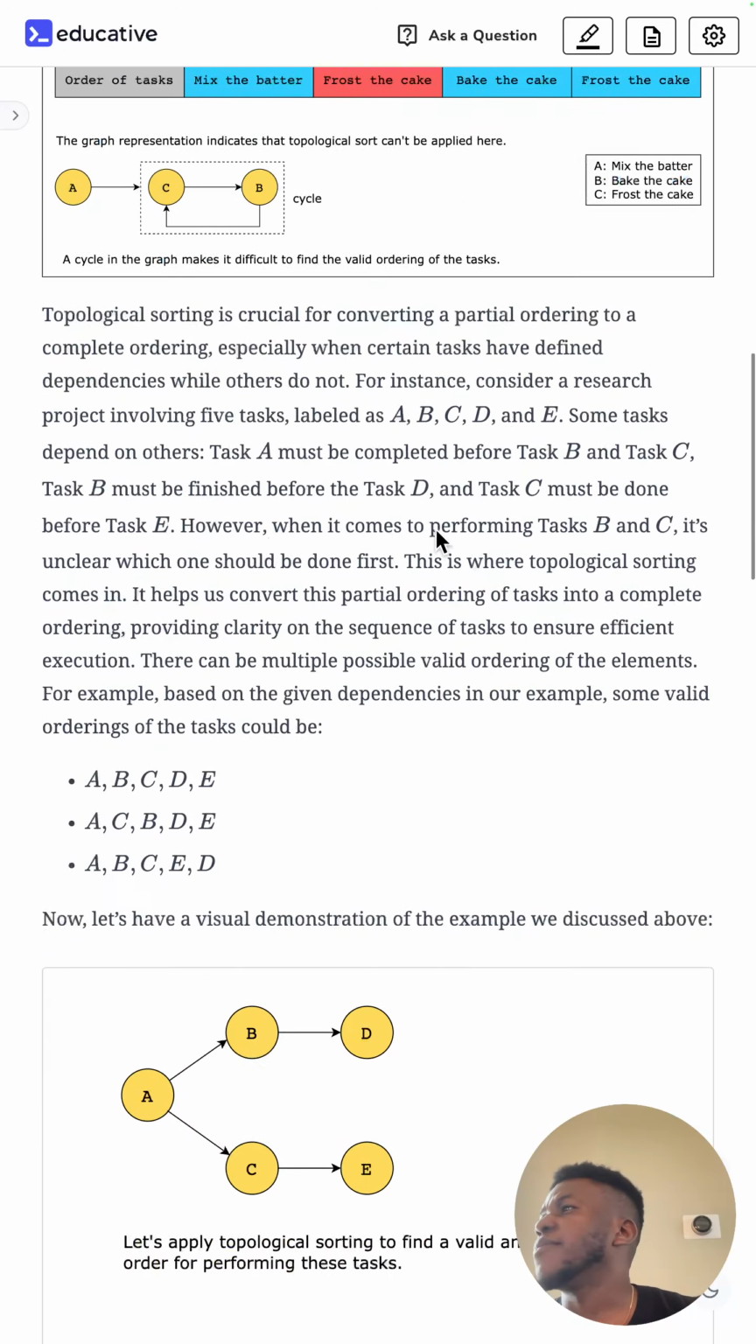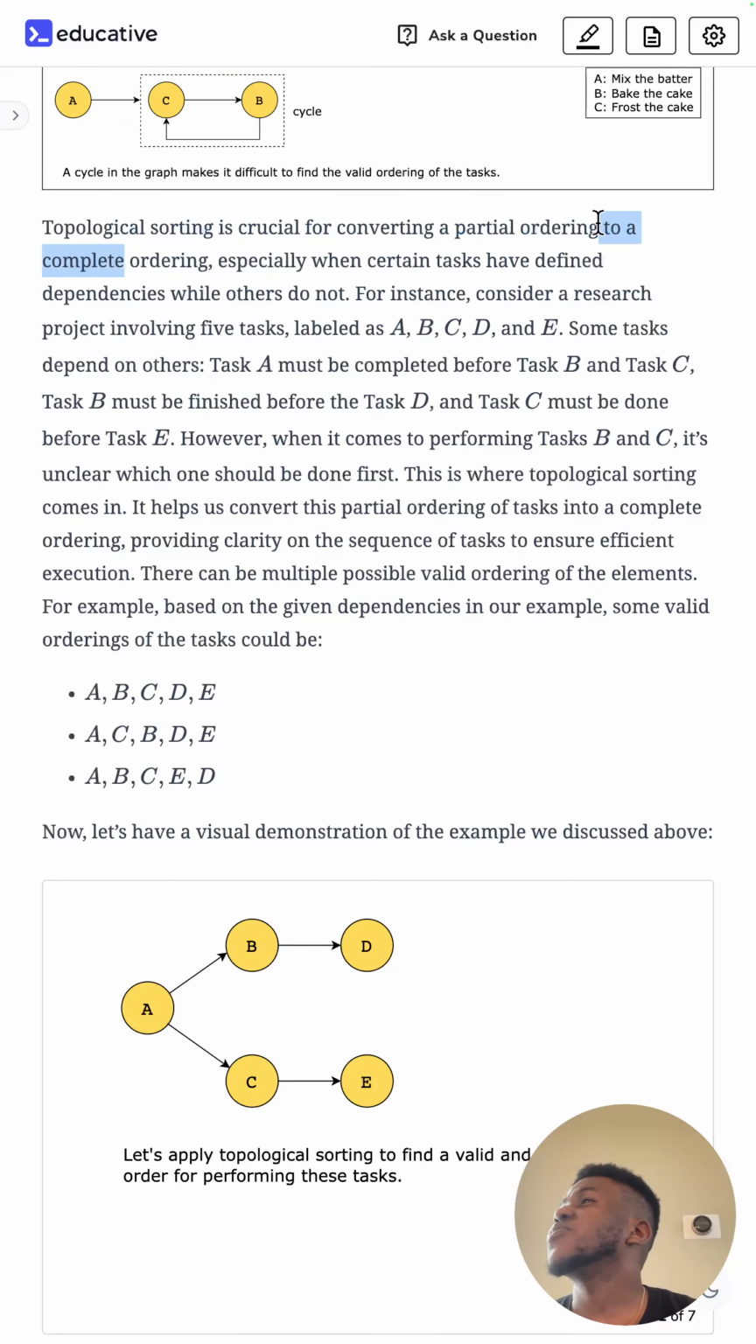So cycles bad. It's crucial for converting a partial ordering into a complete ordering, especially when certain tasks have defined dependencies while others do not. For example, we have a research project with 5 tasks, A, B, C, D, E. Some tasks depend on others. So A must be finished before B and C, B must be finished before D,